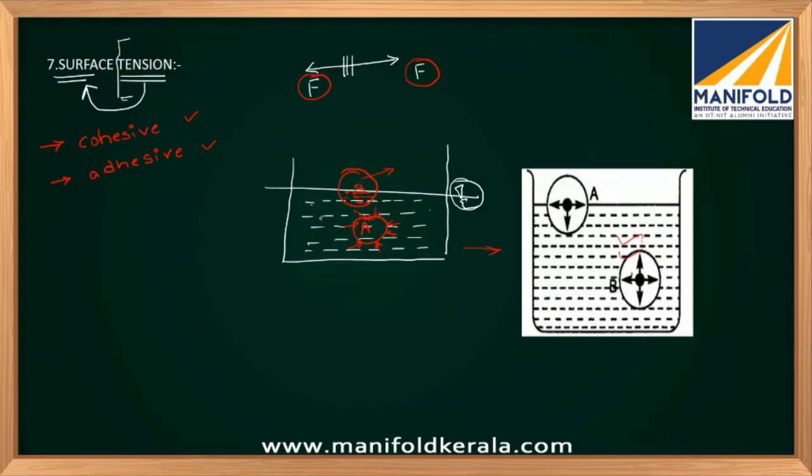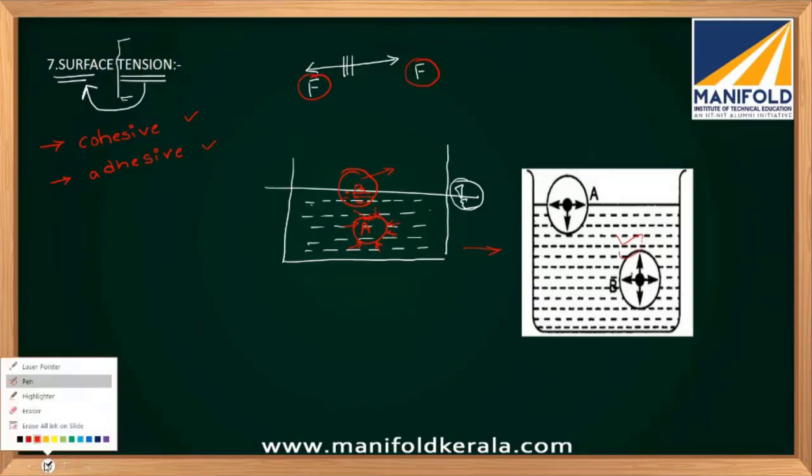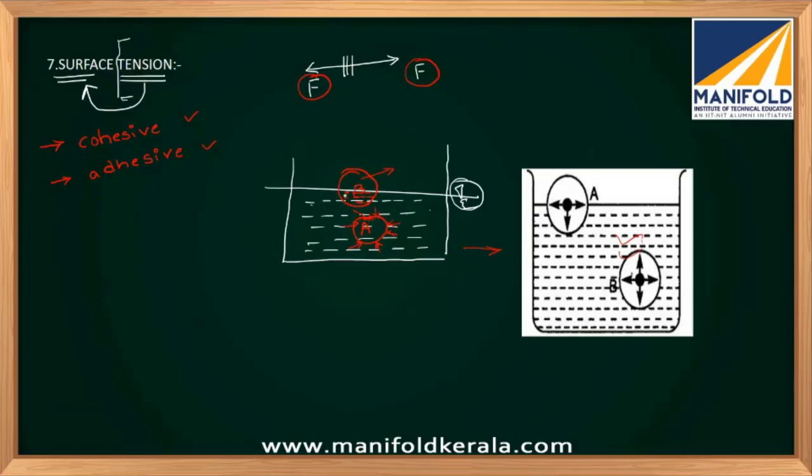When I come to the molecule B, now what happens with molecule B? When I talk about molecule B, it is filled with water at the half of the droplet. Till here it is filled with water. What happens is, these water molecules are always being attracted due to the molecules which are in the tank due to cohesive forces. When these are getting attracted in this way, to keep this bubble in stable equilibrium, we need one upward pull force. We need one upward pull force. What is this force again?